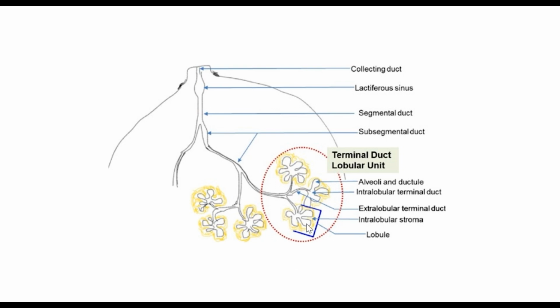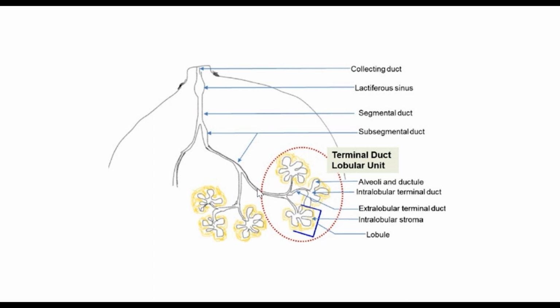We can see that it is composed of alveoli and ducts of alveoli called ductules. These different alveoli and ductules converge to a single terminal duct called the intralobular terminal duct, and this structure composed of different alveoli and the intralobular terminal duct is called a lobule. Now these different lobules converge to form a single duct called